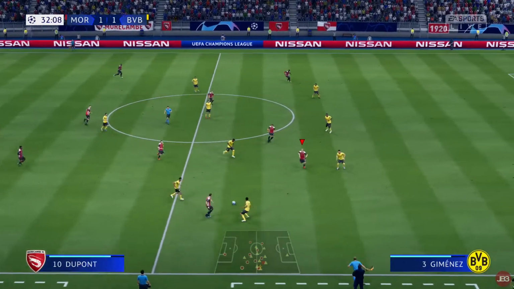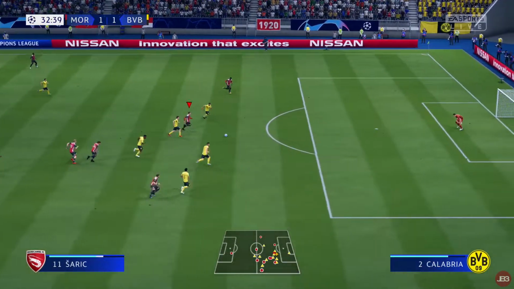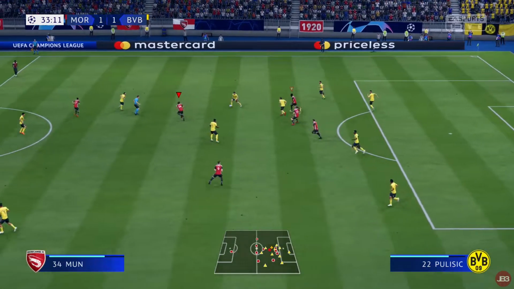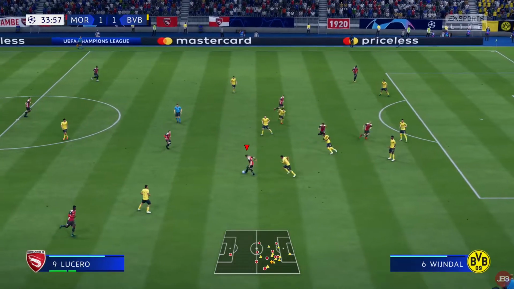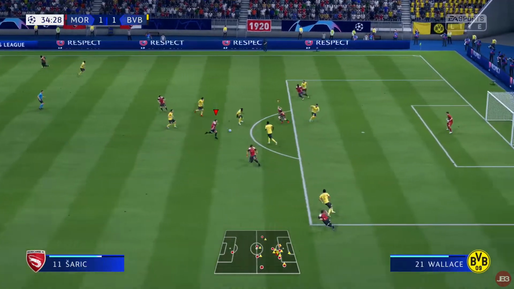Sark moves up, gets it on to Dupont. Back heels it to Munn. Munn sends it in, lets Sark run onto it. Taps along to Billy Hughes, and he's taken down. Couldn't get the pass off. Would have been a surefire goal. Intercepted by LeConte, though. Lazaro here goes to Sark. Sark on to Aldeharney. Aldeharney moves it into